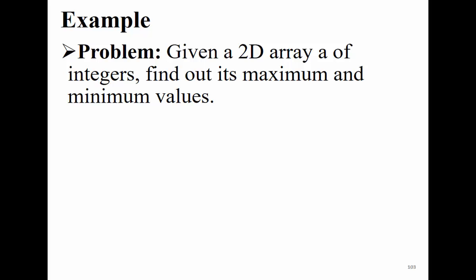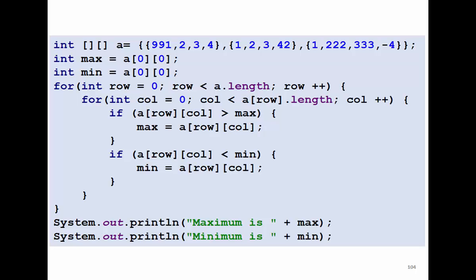Now, we need to find the maximum and the minimum. We have a 2-dimensional array. We need to find the minimum and the maximum of the array. So we visit all the elements of the array, and we try to find the maximum and the minimum. You can see here we define the maximum and the minimum to be the same element at the 0 element, and then we ask if the element of the array is greater than the maximum, we redefine it again. If the element is less than the minimum, we reassign the minimum. This is how we determine the minimum and the maximum for each array.